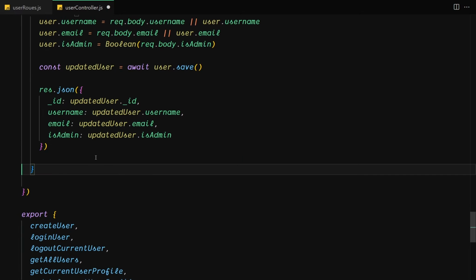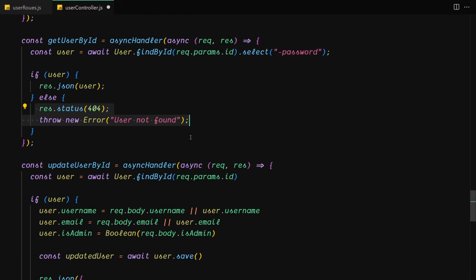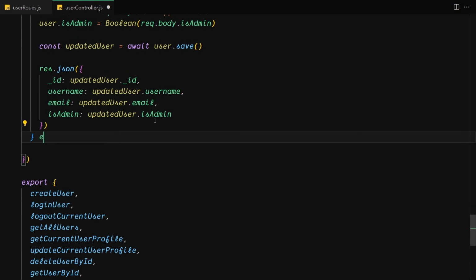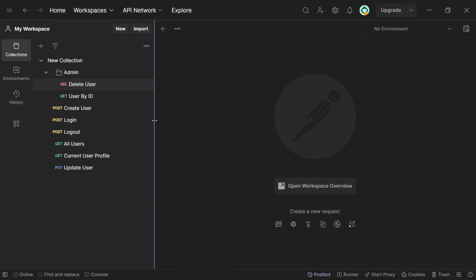Now underneath this one, if that's not the case, like if we didn't find any user, we just want to copy this code and paste it. We just wanted to copy that code, and let's just place it right here. Okay, so user not found. I'm going to save this file, and finally